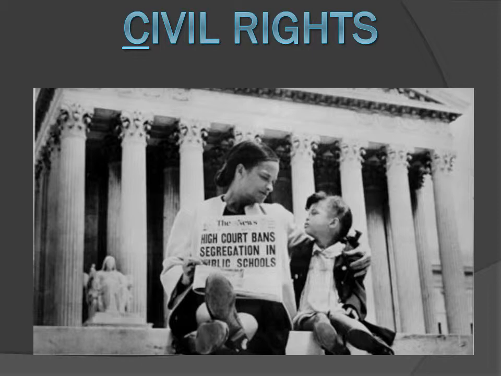Those of you that have seen the movie Remember the Titans, that's set in the late 60s, early 1970s in Virginia. It's a story of a football team that's going to integrate. And so you've got to think about this. This is the late 60s, early 70s where they are integrating the schools that began with this decision in 1954, what's known as the Brown decision, or Brown versus the Board of Education of Topeka, Kansas. The one thing that I will say about this case, and I think I have it on this next slide.